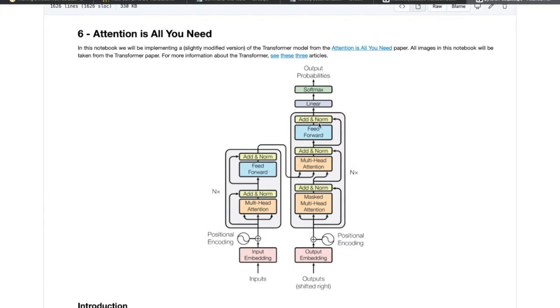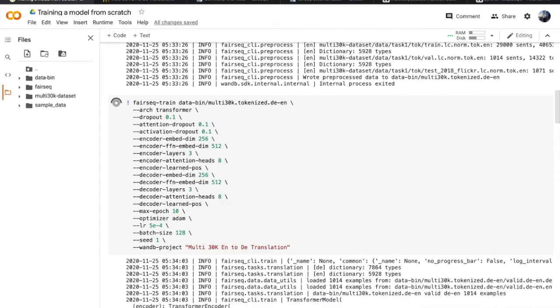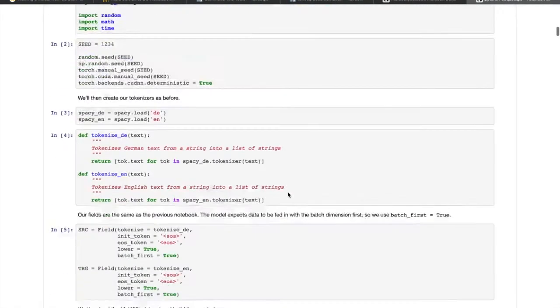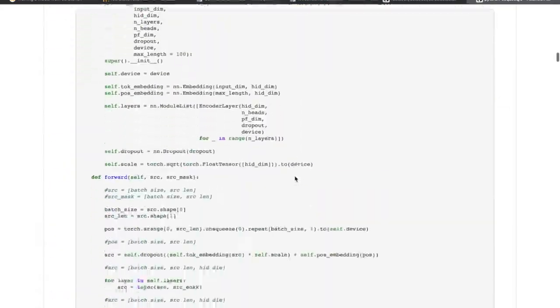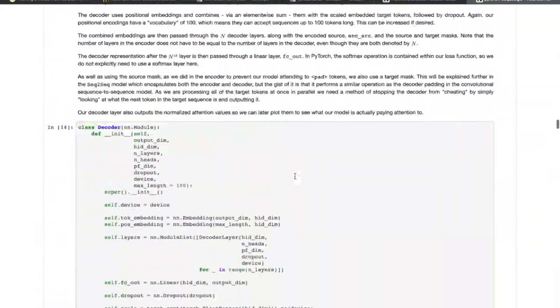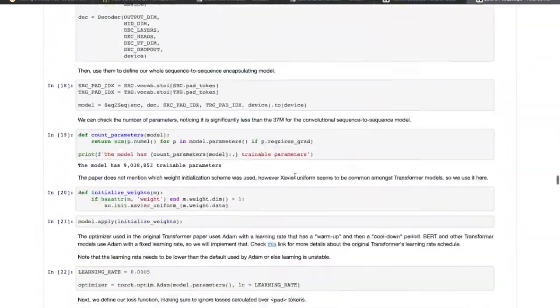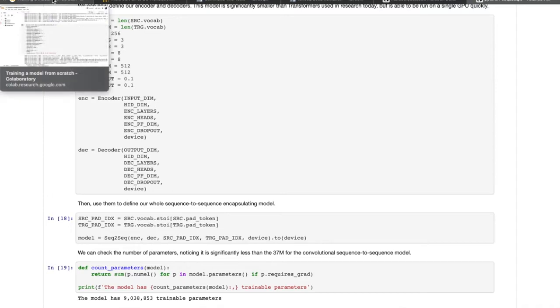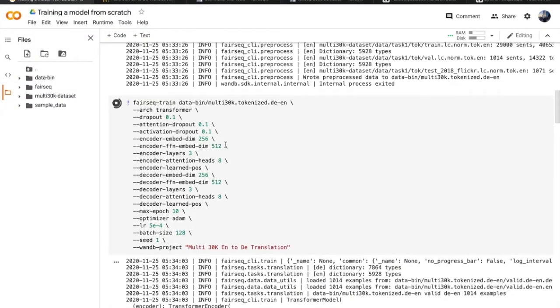So there are two feed forwards and there are three attentions that you can see, and then the activation dropout. So these are the three dropouts. In this tutorial, all of them got the same value of dropout. He did not mention any separate differences, just dropout as a common name for everything. So I use the same value for all the three.